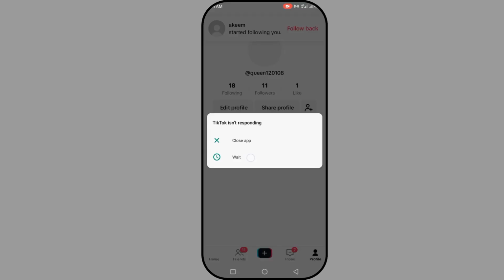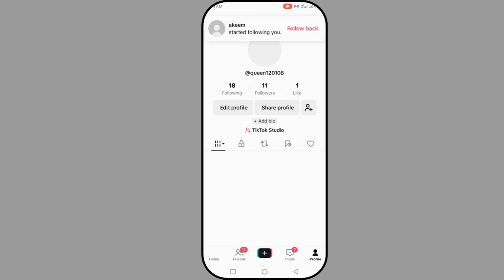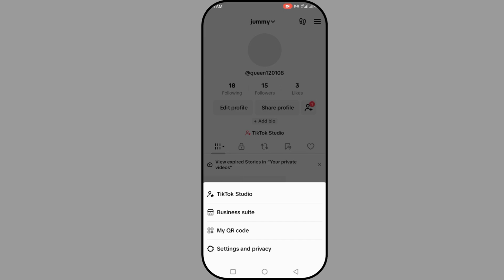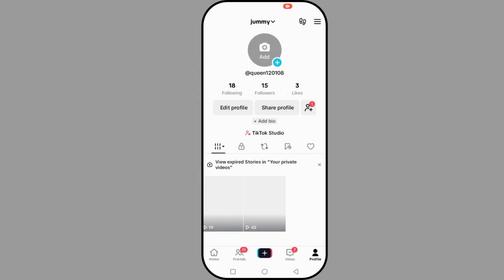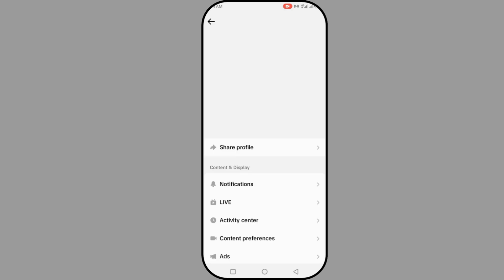The next thing you need to do is click on these three lines. Once you click on it, the next thing you need to do is click on settings and privacy. Okay, so after you've clicked on settings and privacy, the next thing you need to do is, you can